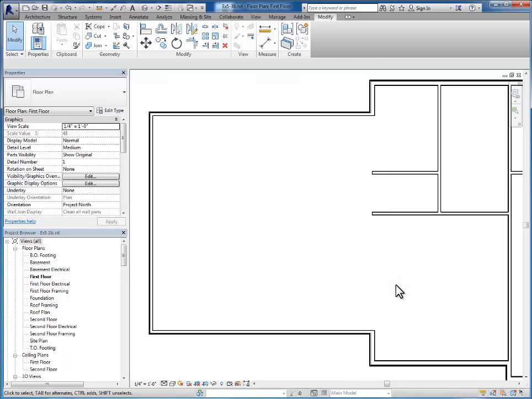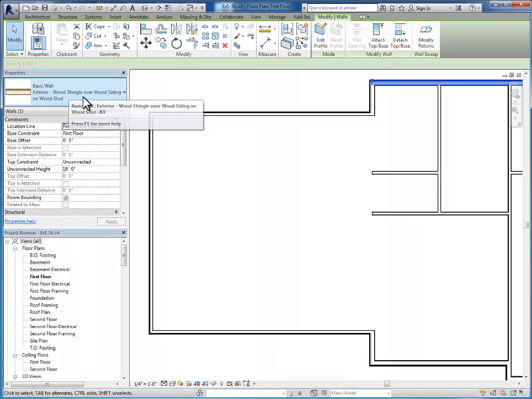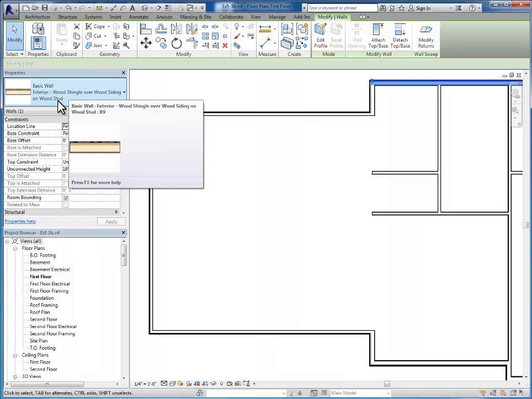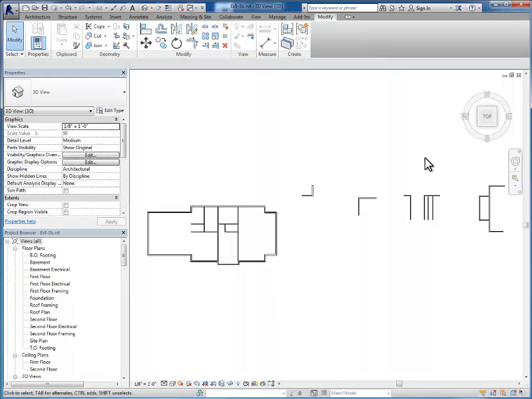And truthfully, it might be easier to go ahead and start a new wall from scratch and set it up, but we're going to edit an existing wall so that you can see some of the things that are included inside the wall style. So we're actually going to start with one of the outside walls, the exterior wood shingle over wood siding on wood stud. If we look at that in 3D and see exactly what's involved with it,